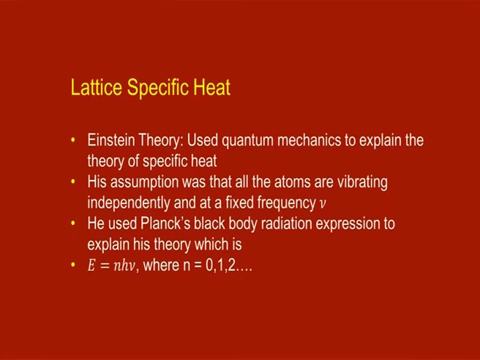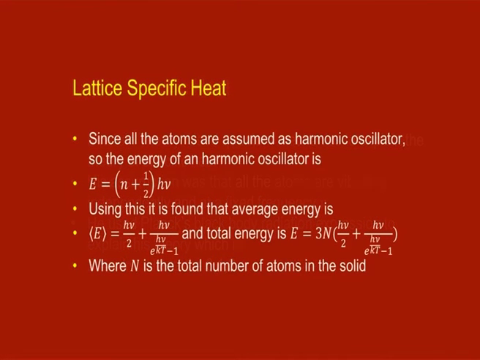So, using this concept given by Planck, Einstein tried to find out the average energy of the harmonic oscillators, and we know that in quantum mechanics the energy of a harmonic oscillator is represented by the following equation, that is E is equal to (n plus half) h nu, where n takes integer values. And using this, it was found that the average energy is equal to h nu by 2 plus h nu